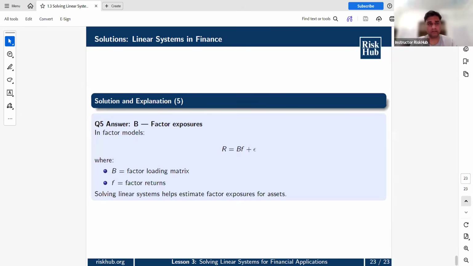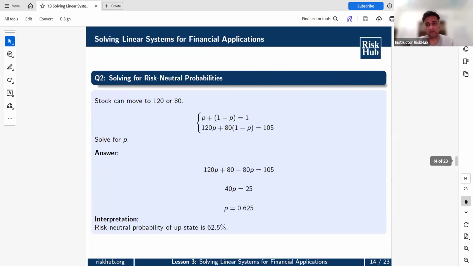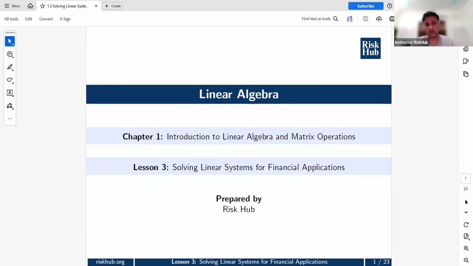All right, guys, let's start the next chapter. So this is now the third lesson, not the next chapter. Third, number one only, which is solving linear systems for financial applications. So we are still doing your introduction to linear algebra and matrix operations, and in that introduction we are trying to do solving linear systems for financial